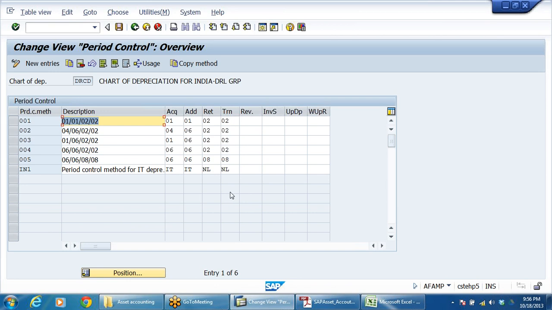In these circumstances, that is when we acquire the asset, when we make the addition of the asset, when we retire the asset, when we transfer the asset, what are the norms for calculation of the depreciation? What is the day we should take? That is what the system asks us. Here the rule is that